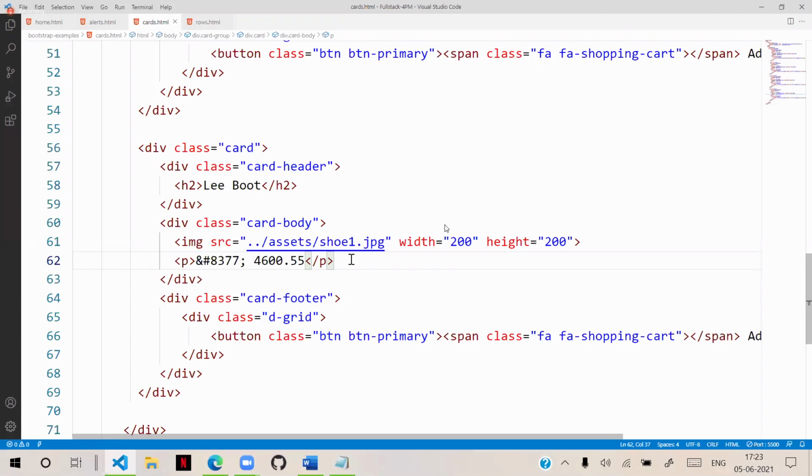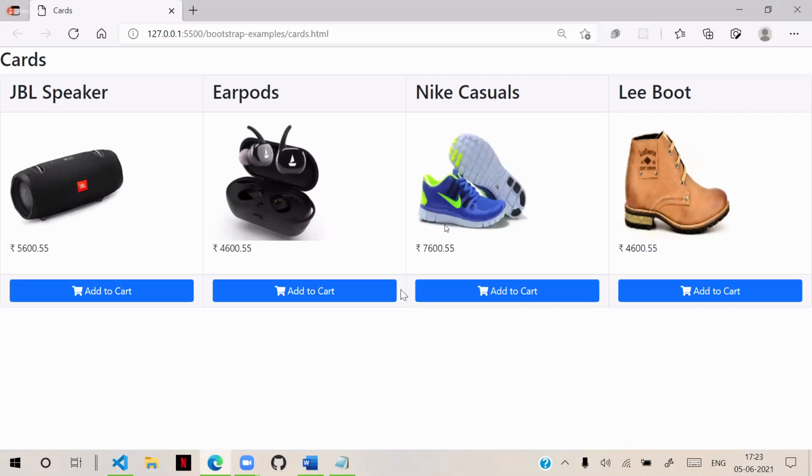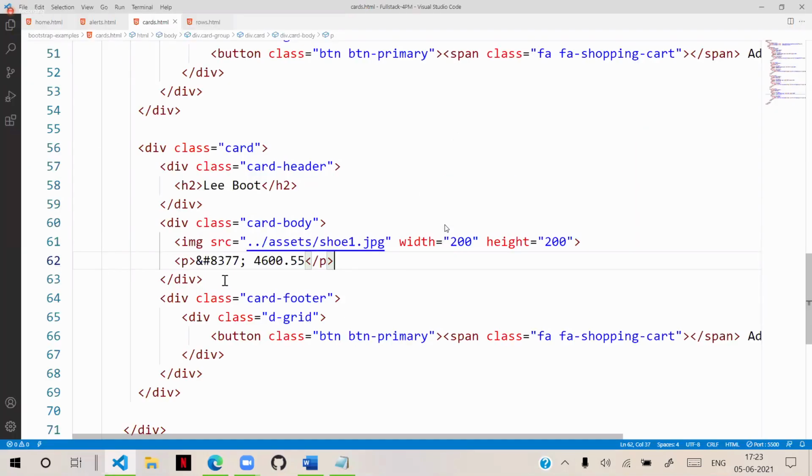Card, you can keep normal paragraphs also. It's not only for images, I am just using images. Don't think that a card is for only one image, two images, four images. Without an image also, you can design the card. You can put a paragraph inside these cards and display. So it depends. These are containers. You put anything in the container: a paragraph, a form, an image, or anything. You can add a table inside it. You can have multiple images, anything you can define.